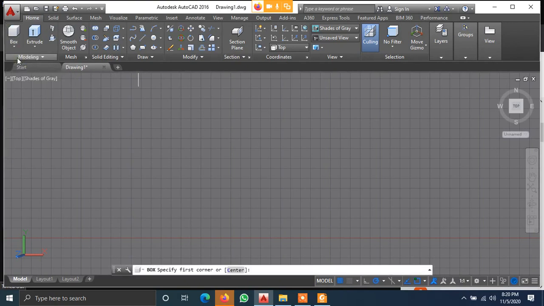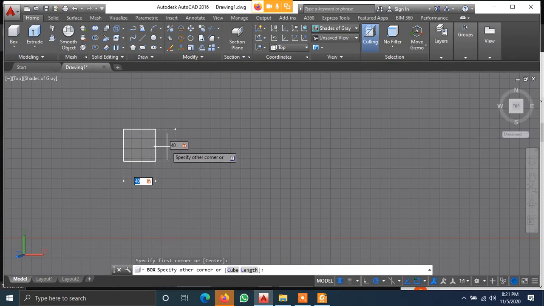Click on box. You can randomly select any point, then it will ask you for the width, which is 40. Then it will ask you for the length, which is 40. Then it will ask you for the height.